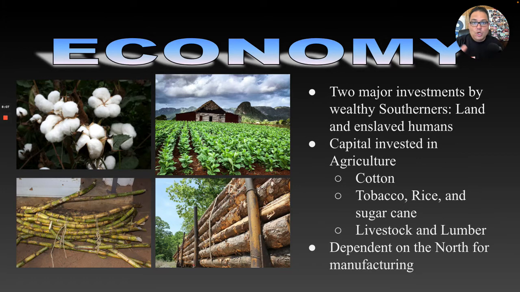Either ship sails or clothing, or canvas for shoes, or whatever the case may be. So they were very, very much dependent on the North for the machinery to do something with their crops, right? This is sugarcane right here, but they couldn't do anything with the sugarcane, right? So they had to sell the sugarcane. They're either selling it to the North, or maybe they're selling it to Europe, where they're going to turn it